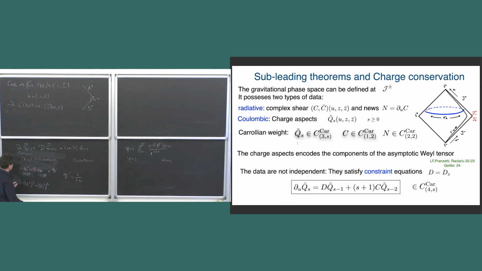Here, I gave you the definition in the expansion of the Weyl tensor. And they're defined such that, you can say, this equation is a consequence of the Bianchi identity. So let me say more. Up to now, I have the Weyl tensor, I assume the peeling theorem, and I just look at the components of the Weyl tensor.